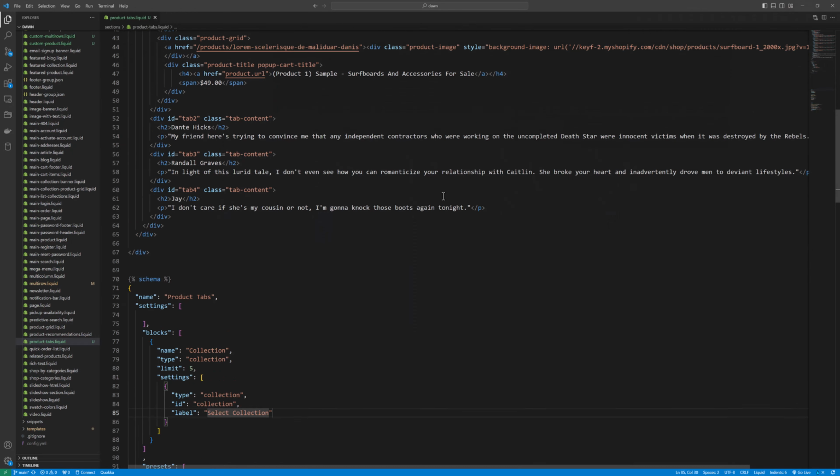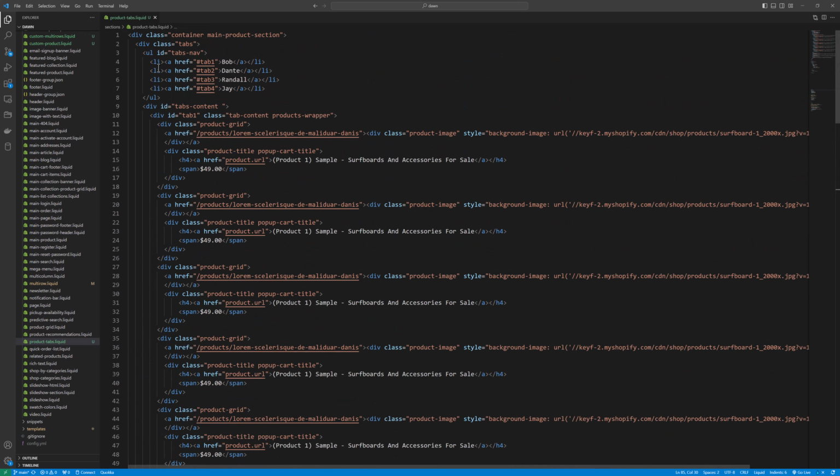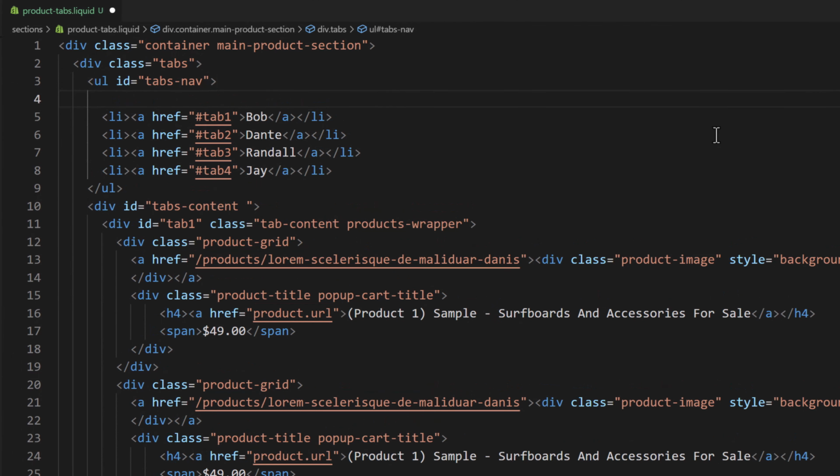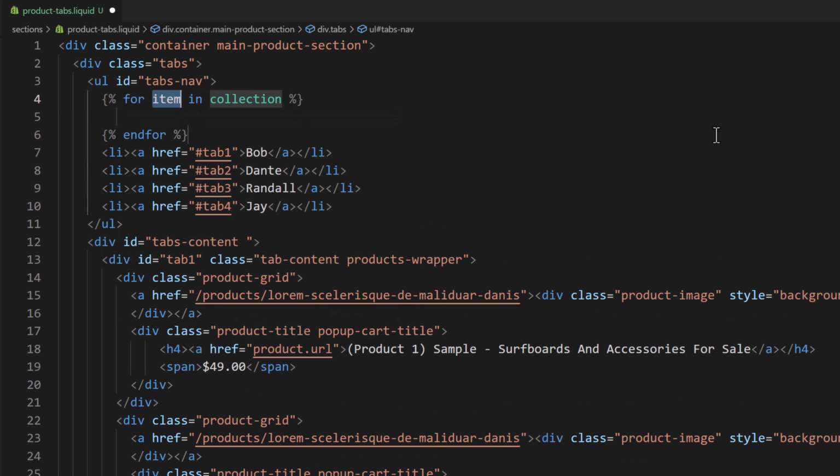Now we need to loop through these blocks in our product tab section. So go at the top. First we need to get the collection names here. So I'll say for block in section